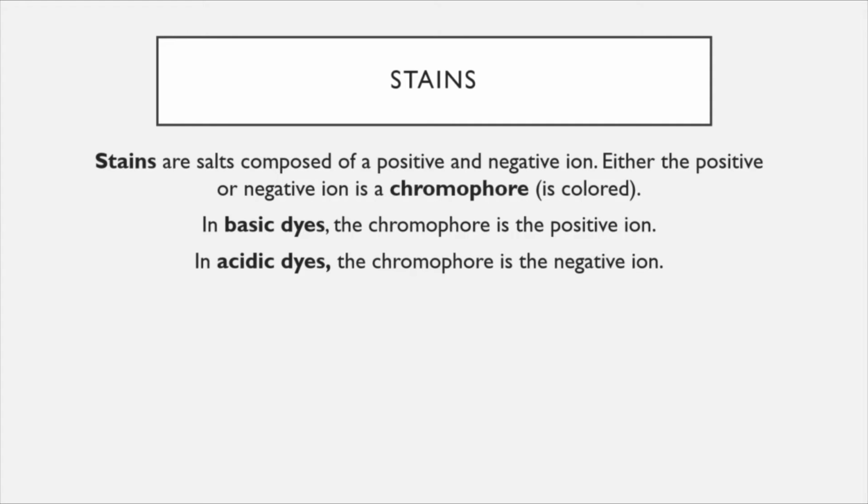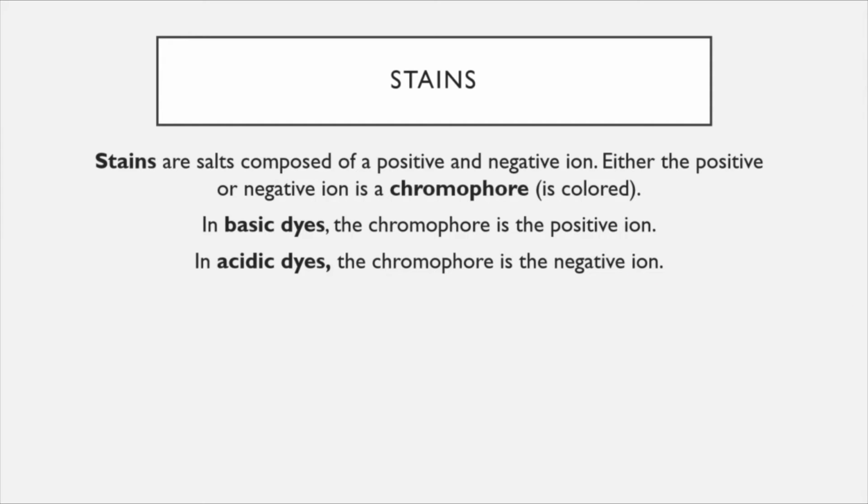In basic stains, which have a colored positive component, the chromophore, being positive, will be attracted to negatively charged things. The opposite is true of acidic dyes, where the chromophore is a negative ion, hence it will be attracted to